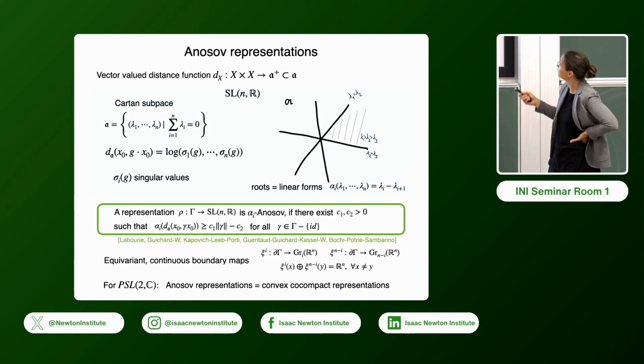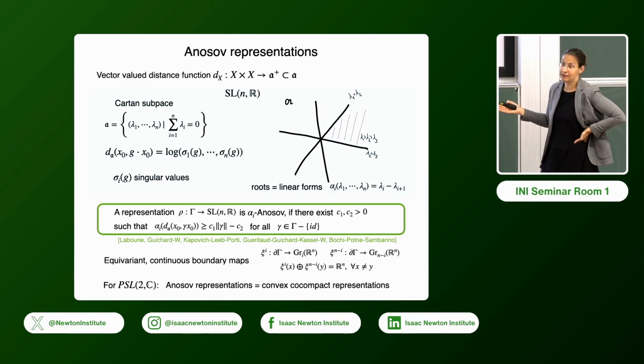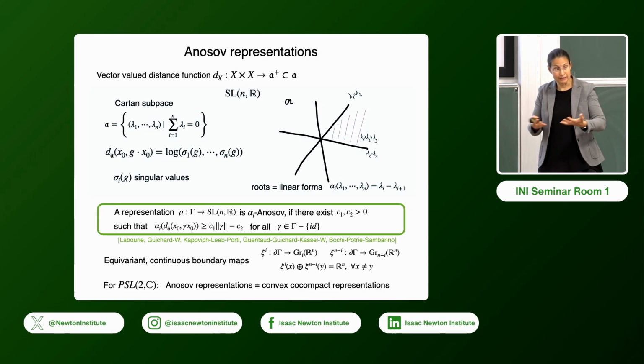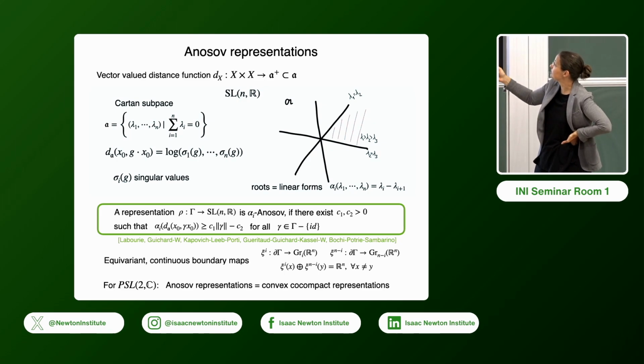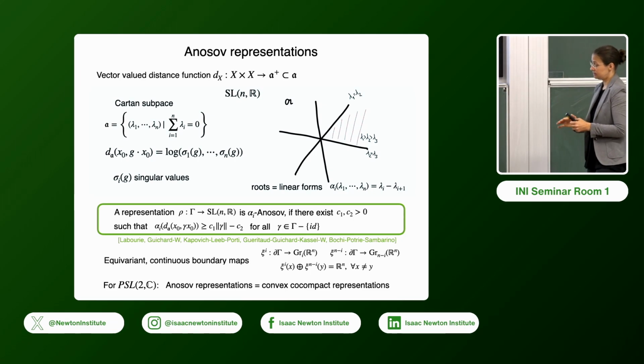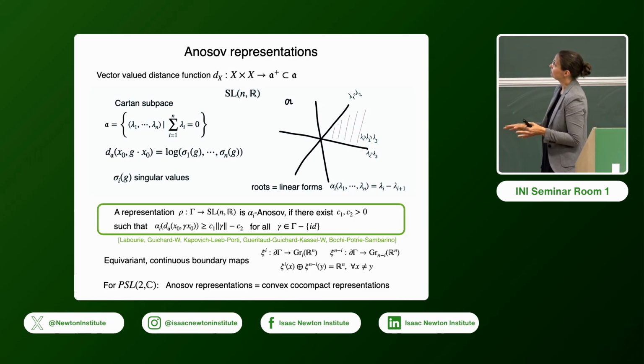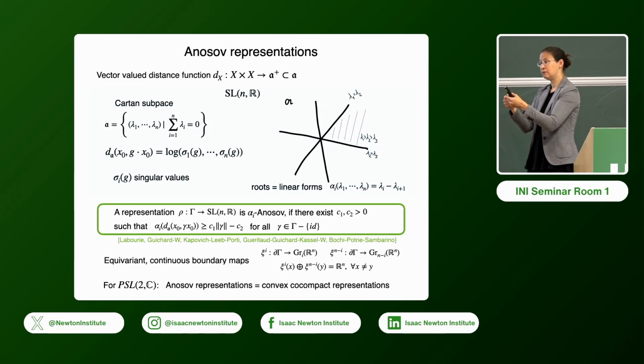So for SL_n(R), you have the space of diagonal matrices in SL_n(R), which is a commutative subgroup. And this gives rise to Euclidean subspaces of your symmetric space. If you look at the tangent space, they're given by the Lie algebra of the diagonal matrices, so diagonal matrices of trace 0, this is this A. And there's a structure on this subspace given by the root system, because if you take these entries lambda_1 to lambda_n,